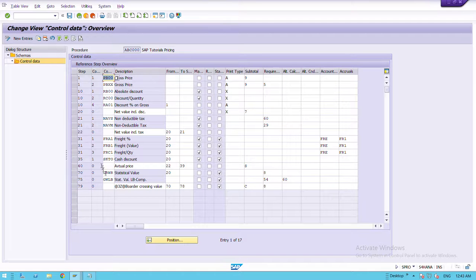So see, here all conditions are here, but my two conditions are missing. So I will add those conditions in the tax section. So here the counter is 30, so maybe I will use 32. 32 is not here, so I will use counter 32. So just do new entry,